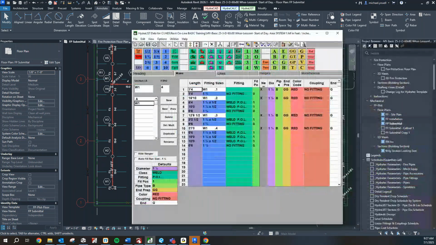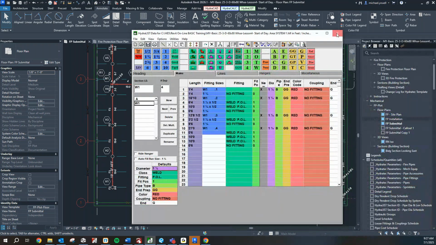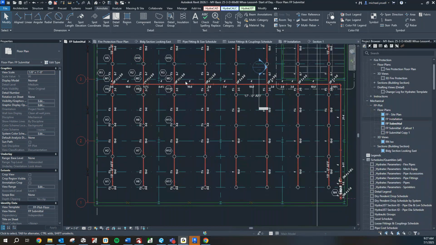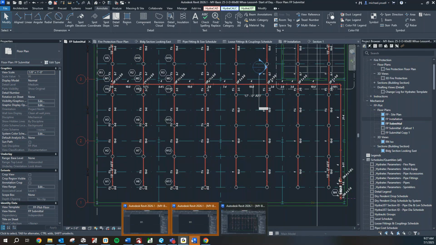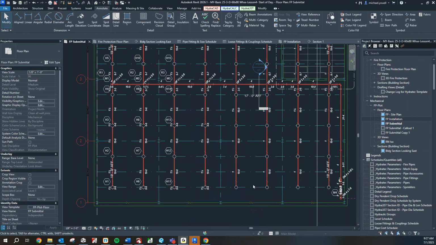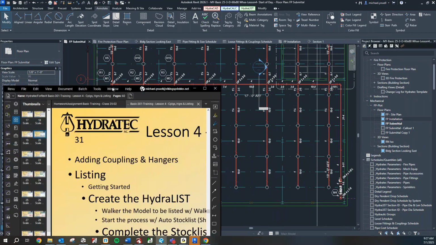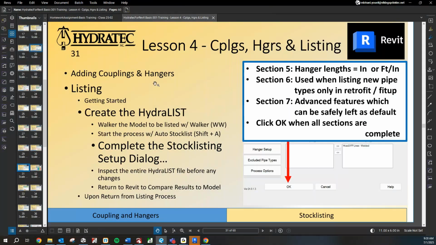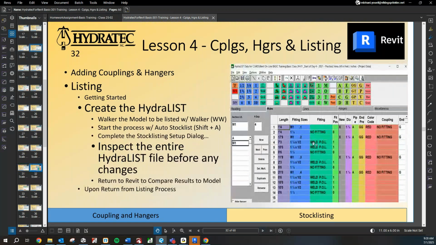If you see a problem in here, generally in the Hgrs program, you can right click on whatever's the problem. And when you right click, it brings up other options and you can fix it there. The note that I was making in slide 31, 32 was you should look at the mains and the lines and the hangers and stuff. You should look at the whole list before you make any changes, because sometimes